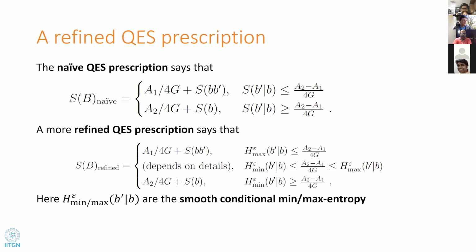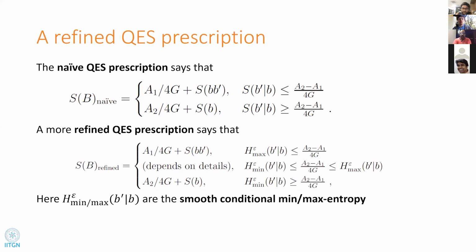It would be nice to have some sort of maximin-style prescription. Already the rule when you have an arbitrary number of extremal surfaces gets kind of complicated, and there's a large number of conditions you need to check to see whether the QES prescription applies. I think that's a task for future work, to work out exactly what the most general refined rules are for time-dependent situations. So it could be that the naive QES prescription does work, but for some time scales maybe not work. Is that